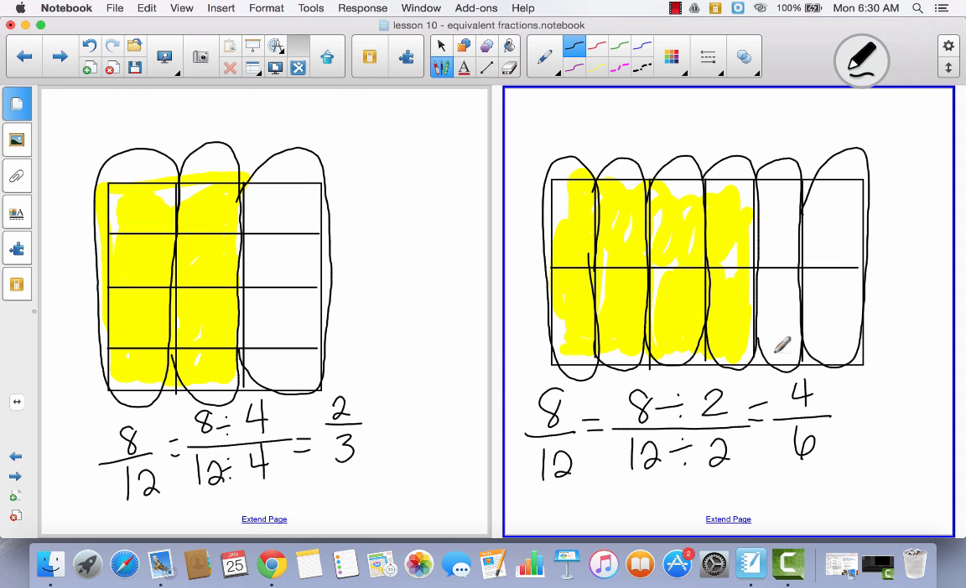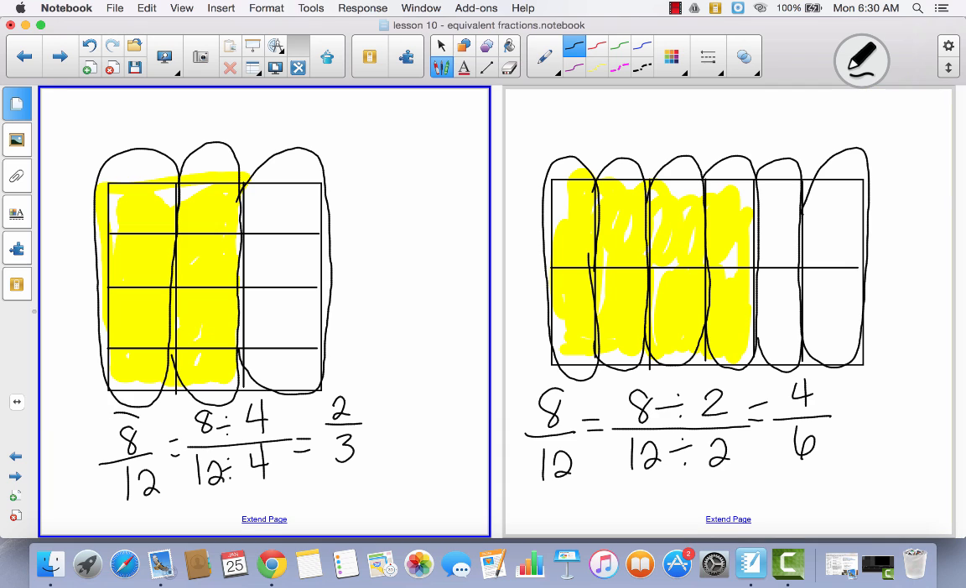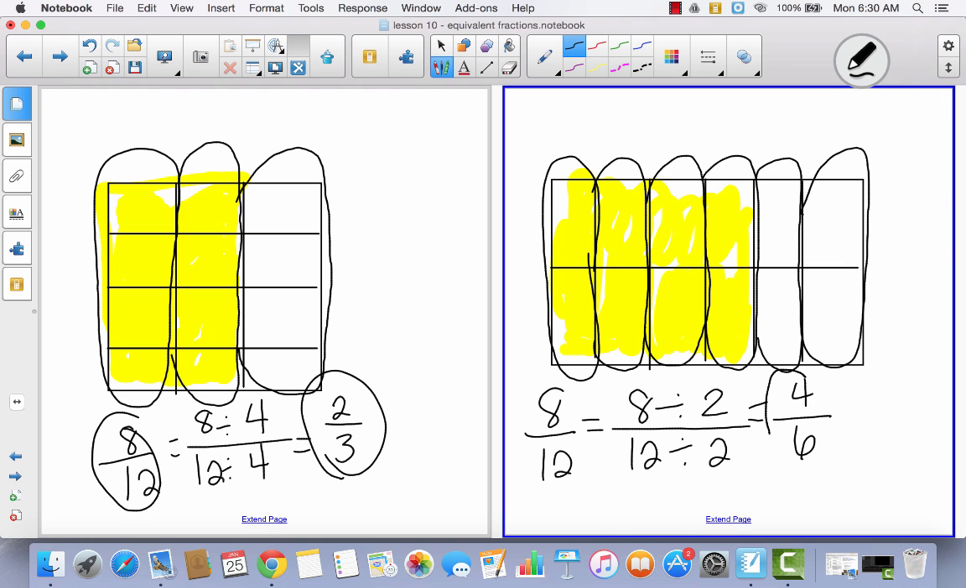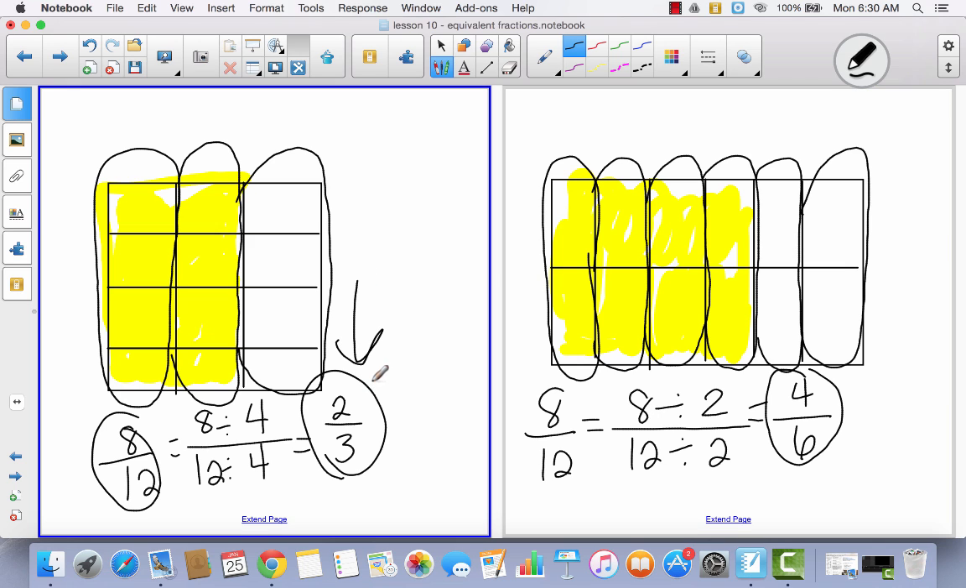All 3 of these fractions are equal. 8/12 is equal to 2/3, and that's equal to 4/6. But here's the difference. This has the larger units because you can see the parts are larger. It's still the same amount, but I've grouped more together. This will be what we call using the greatest common